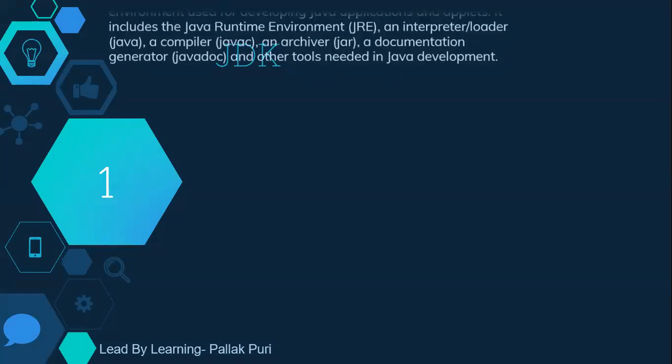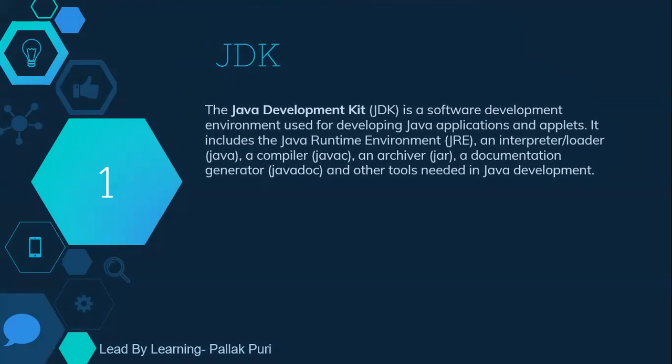Now, what is JDK? First of all, what is JDK? Say, or if I take an example, observe I am writing a program. That means I am developing a Java program and I'm executing that program. And lastly, I am showing the result, right? So these are the few steps that has to be followed. So phase one is developing the program, then executing the program, and then I am trying to compile the program, run the program and showing the output, right? So to develop the Java application, the required environment is JDK.